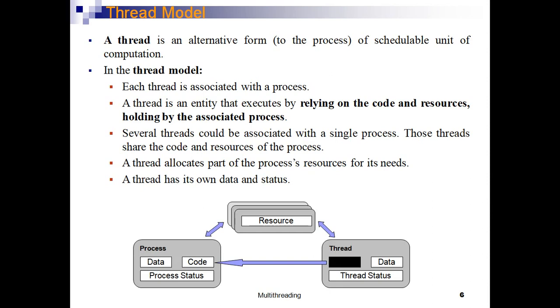I will tell you a simple example. With this you will know what is meant by a process and what is meant by a thread. Listen to this example carefully. I asked an electrician to repair a fan in my house. The electrician came and checked the fan, and he said that some winding has a problem in the fan, so it needs to be repaired.